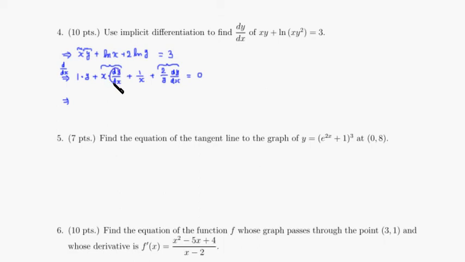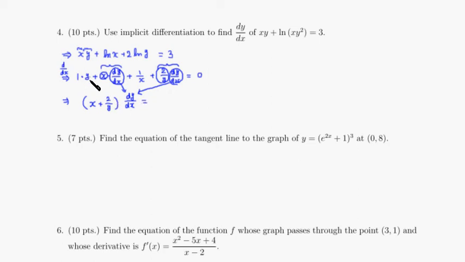Since dy over dx is in common, I'll factor it out. What's left is x from here, and then plus 2 over y, and that is equal to